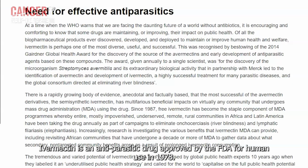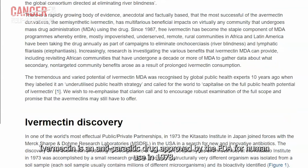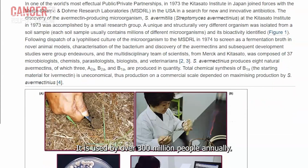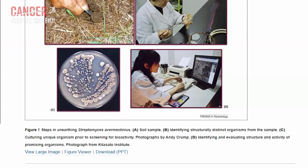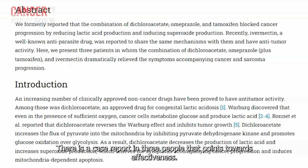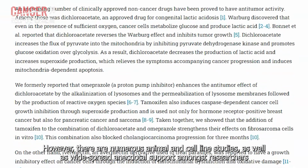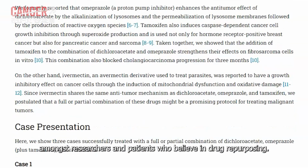Ivermectin is an anti-parasitic drug approved by the FDA for human use in 1978. It is used by over 300 million people annually. Its anti-cancer effects have been studied since 1996, but incredibly, it has no human studies or population studies regarding its effectiveness in cancer. There is a case report in 3 people that points towards effectiveness. However, there are numerous animal and cell line studies, as well as widespread anecdotal support amongst researchers and patients who